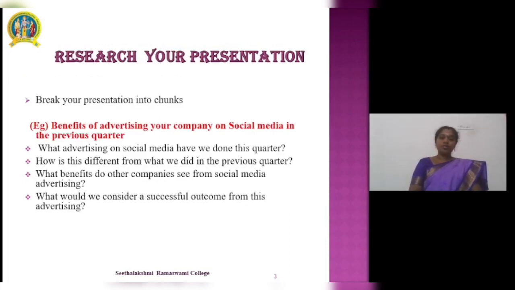Now research your presentation. If you have been asked to give a presentation on a topic, probably it might be your area of expertise. But there might be areas where you need a little more knowledge. So what you have to do is research your presentation. You have to break your presentation into smaller chunks or smaller questions. For example, you're going to give a presentation on benefits of advertising your company on social media in the